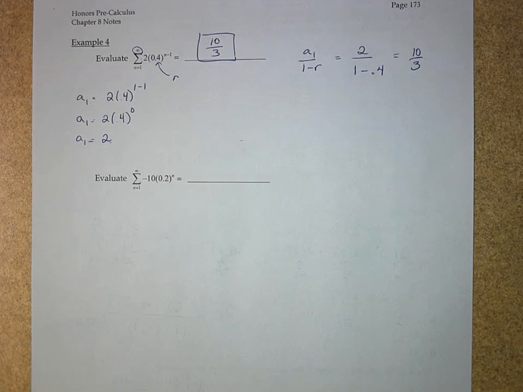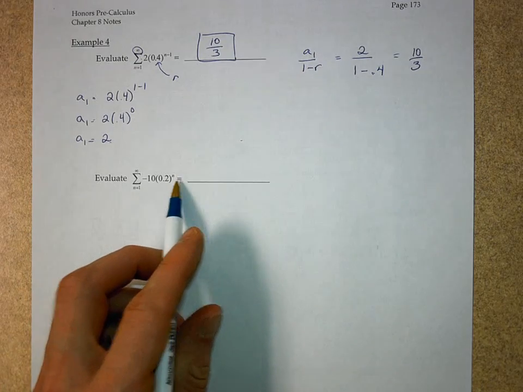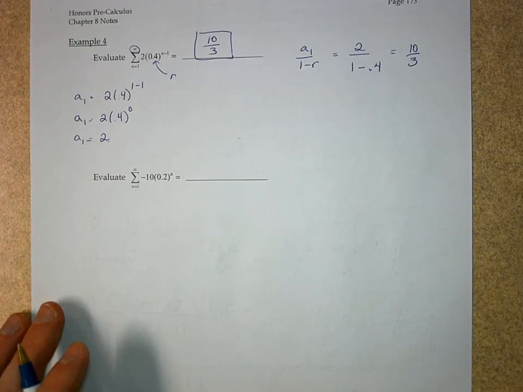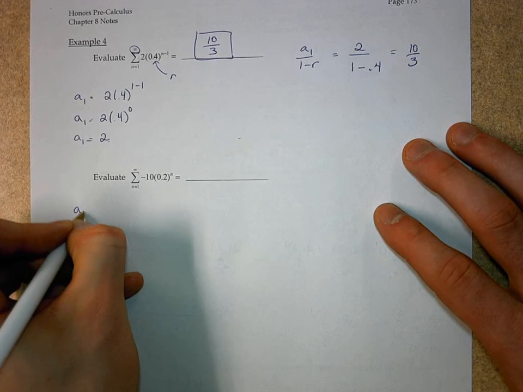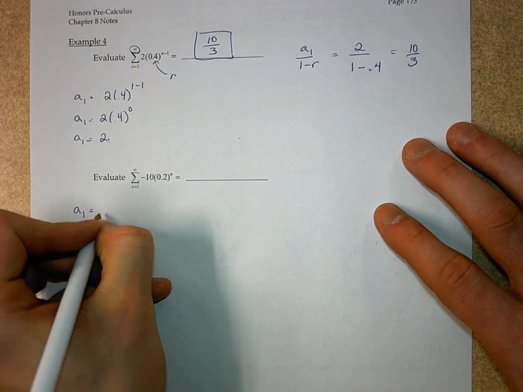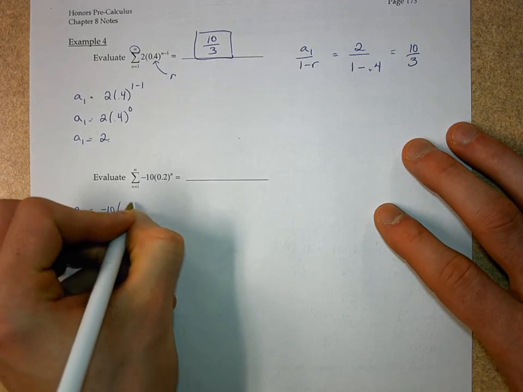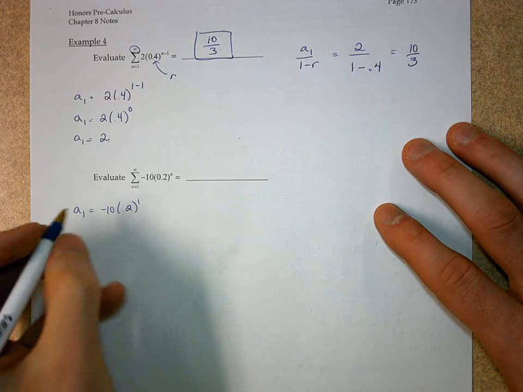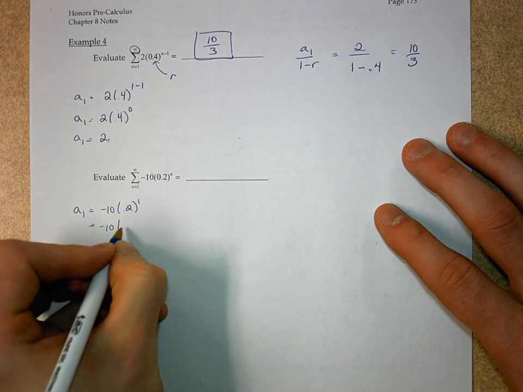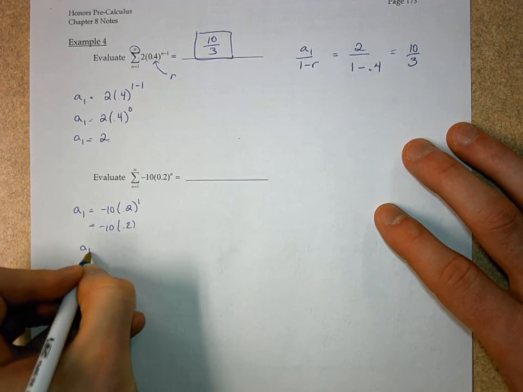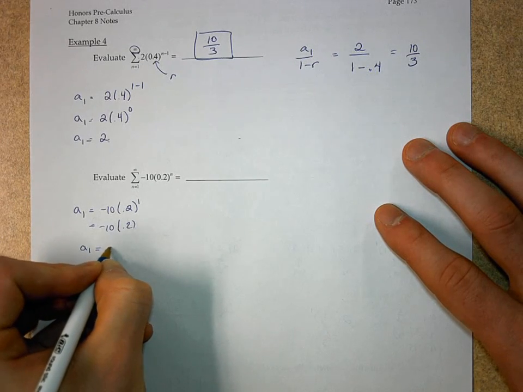The second example, n equals 1 to infinity of negative 10 times 0.2 raised to the n. This one we don't have that n minus 1 up there, so I can't just say my a sub 1 is going to be 10. So I need to find my a sub 1. A sub 1 is the result of plugging in 1 for n. So negative 10 times 0.2. So a sub 1 is going to be